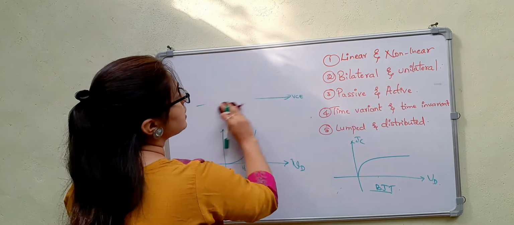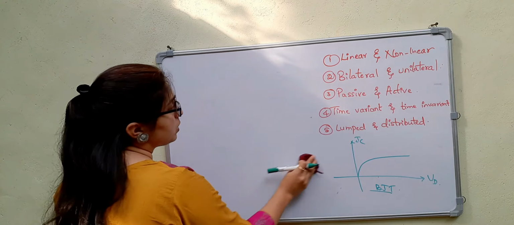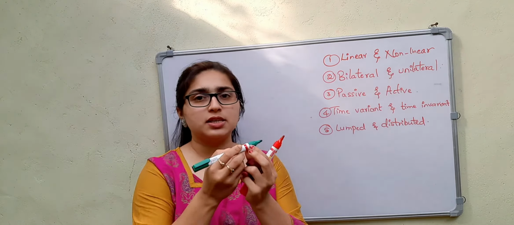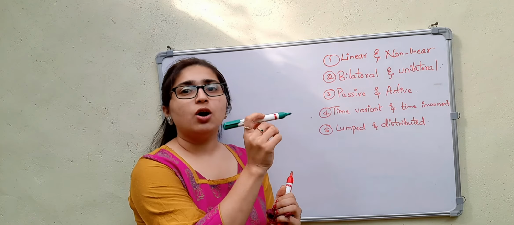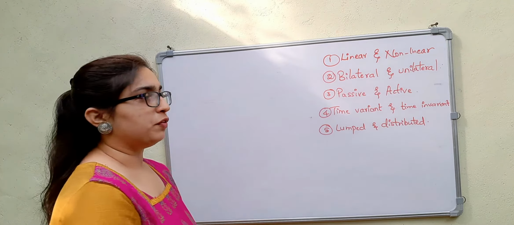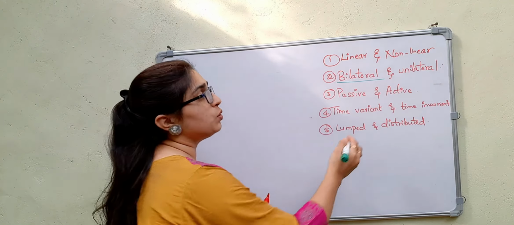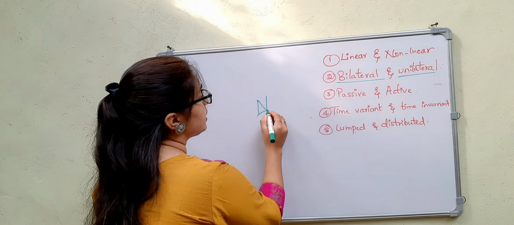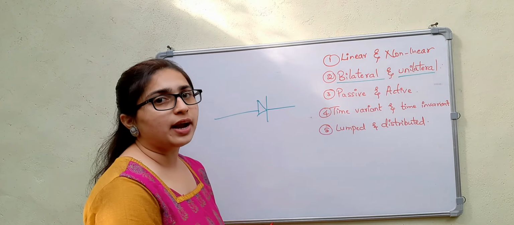So next let us consider bilateral and unilateral elements. So bilateral elements are those elements, like if I consider a resistor, so this is a resistor. In the circuit, I can connect like this or I can connect like this also. Okay, so it doesn't make any difference. So there will be flow of current in both the directions also, but unilateral, it is strictly in one direction. For example, you consider diode. Okay, the current flow will be restricted in one direction itself.